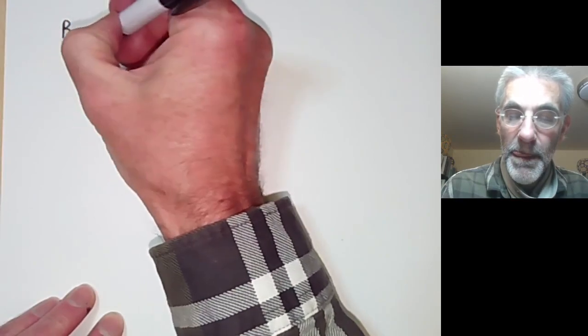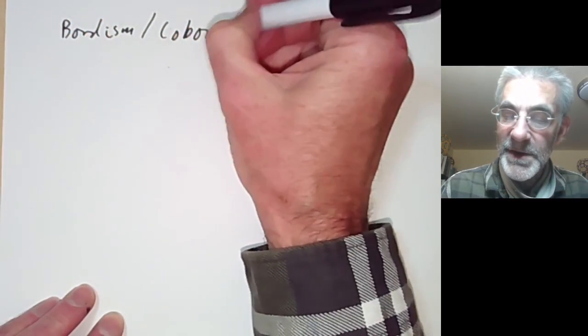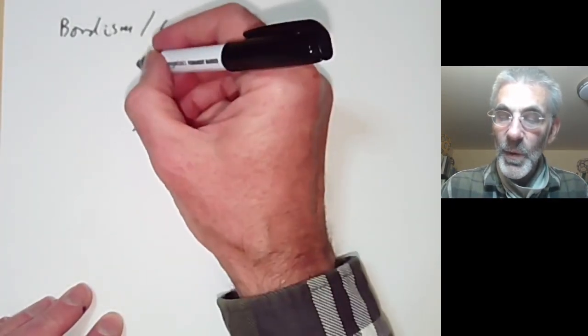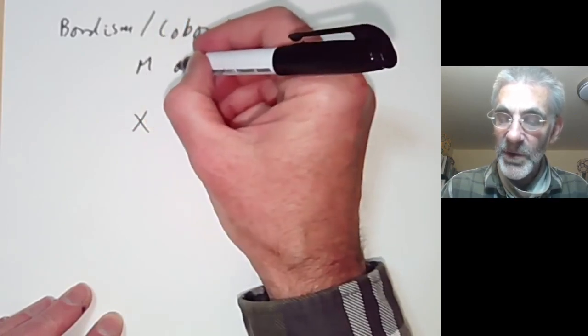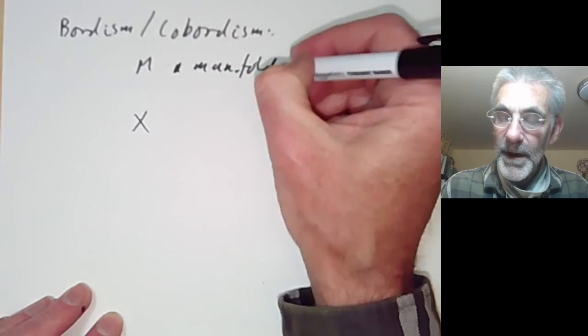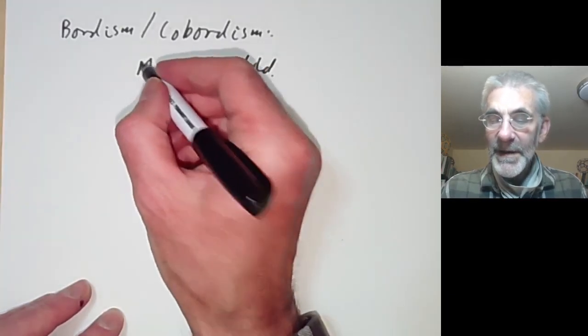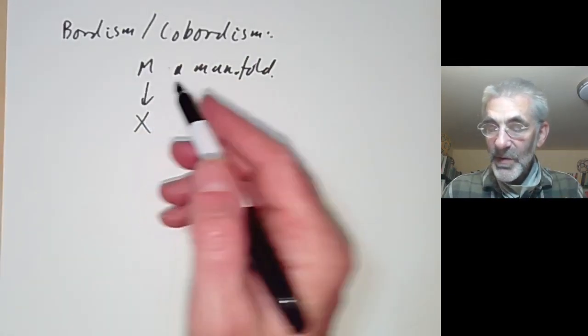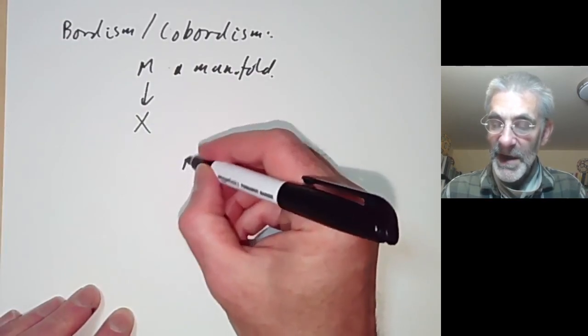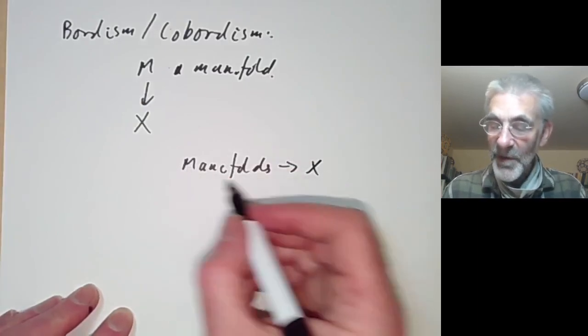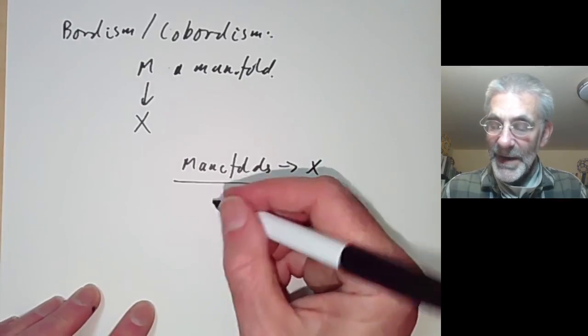Some other generalized homology theories that are even more powerful and even more difficult to calculate are so-called bordism or cobordism theories. The idea here is, if you've got a space X, we look at all maps from a manifold to X. It need not be injective. You can define an equivalence relation on these. So we take the space of all maps from manifolds to X, and we identify these